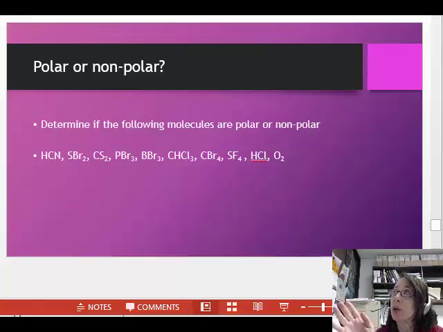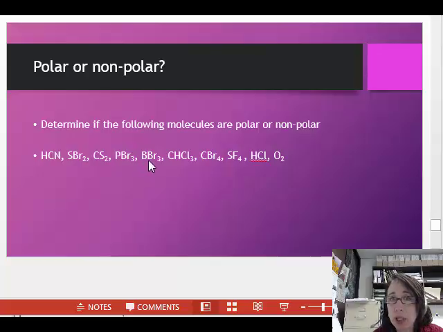Let's determine if the following molecules are polar or nonpolar. HCN, or hydrogen cyanide; SBr2, or sulfur dibromide; CS2, or carbon disulfide; PBr3, or phosphorus tribromide;